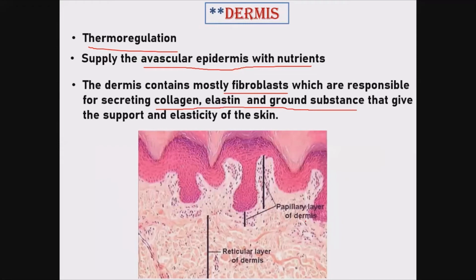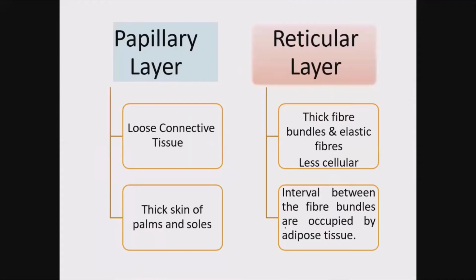As such, this dermis consists of two layers. The one-third part just beneath the epidermis, the light stained area, is the papillary layer, and beneath that, the major part, two-thirds of the dermis, is formed by the reticular layer, which lies in contact with the hypodermis. The papillary layer contains lightly stained, loose connective tissue, whereas the reticular layer contains more closely packed bundles of fibers and is less cellular. The papillary layer is more cellular, but the fibers are less densely packed. Usually this papillary layer is seen clearly in the thick skin of the palms and soles.